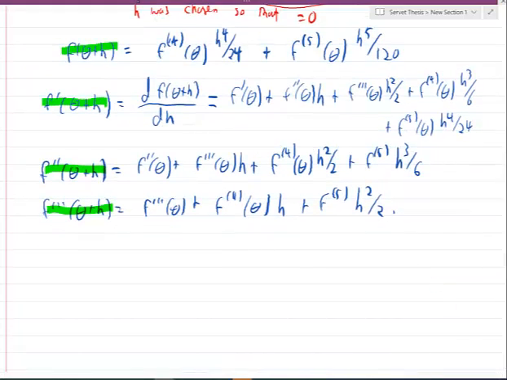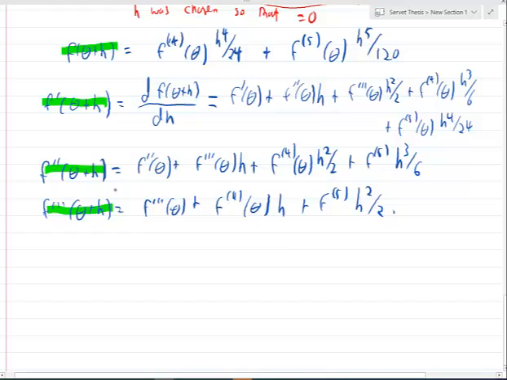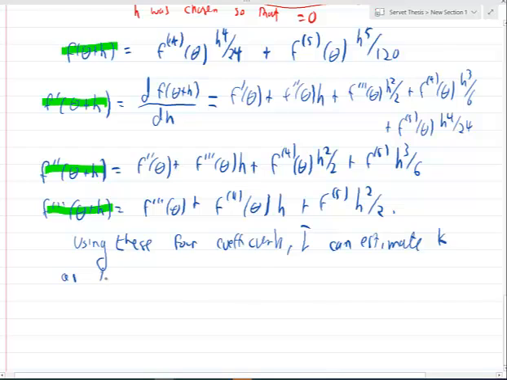So using these four coefficients, I can estimate k as the root of, well, what was it? I think it was f of theta plus h plus k f prime of theta plus h, plus, I wrote it on the other side, k squared over 2 times f double prime, plus k cubed over 6 times f triple prime of theta plus h. And, okay, in exactly the same way,